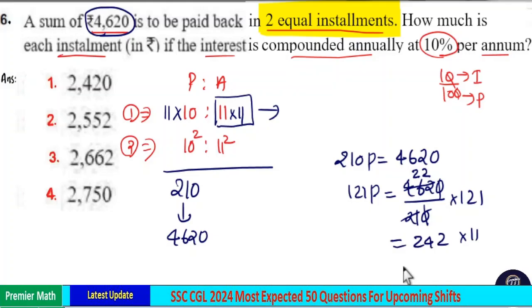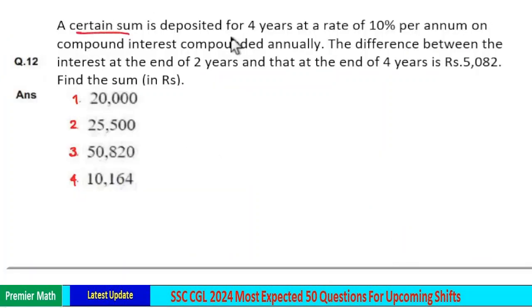242 into 11. When a number is multiplied with 11, write the unit digit 2, then 4 plus 2 is 6, 2 plus 4 is 6, write 2. So 2662. Your answer is 2662. Option 3 is: a certain sum is deposited for 4 years at a rate of 10% per annum on compound